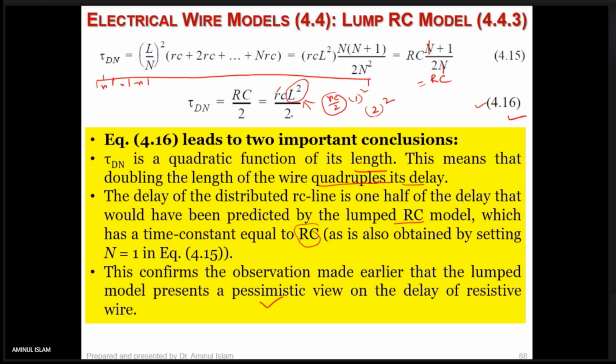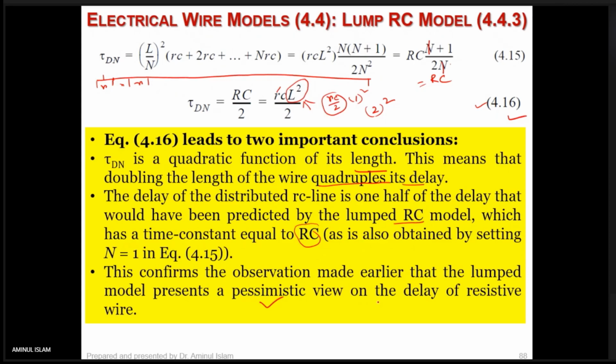1/2, see, which has a time constant equal to RC, as is also obtained by setting n equals to 1. You put n equals to 1, then it's going to be the same, 2, so RC. This confirms the observation made earlier that the lumped model presents a pessimistic view on the delay